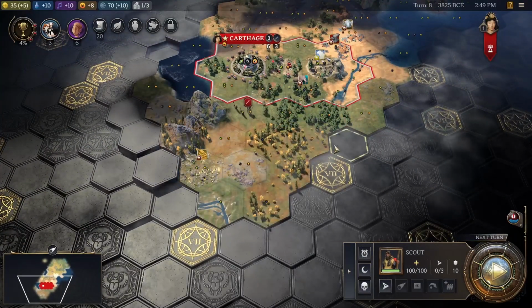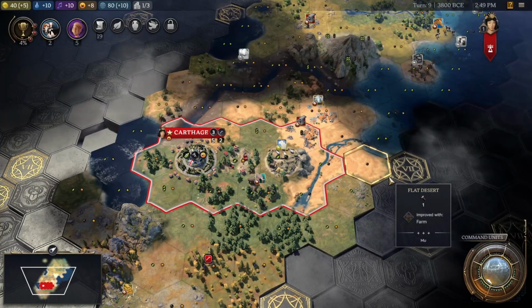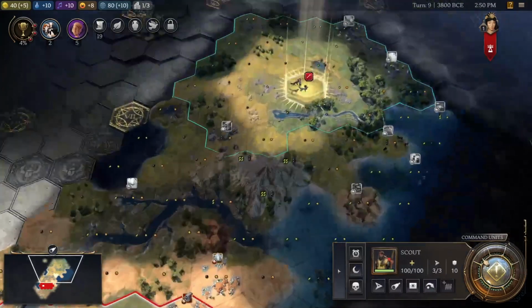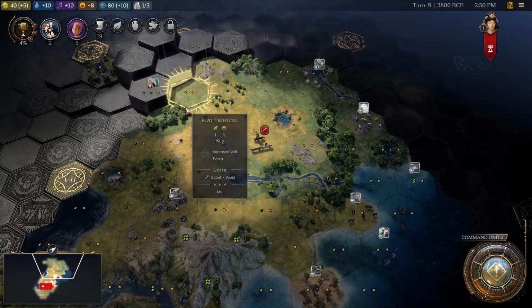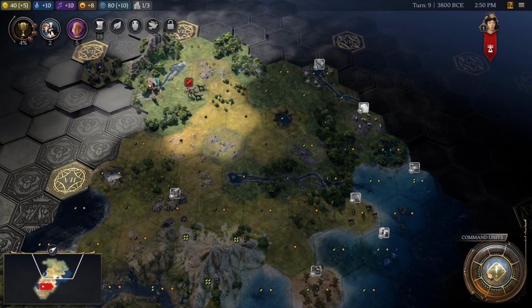We got kind of a weird spawn pinched between a lake and a coast here. I'm not 100% sure, but I think this might actually be a Carthage god spawn. Like, I can't claim to understand the game or the Civ well enough yet to...